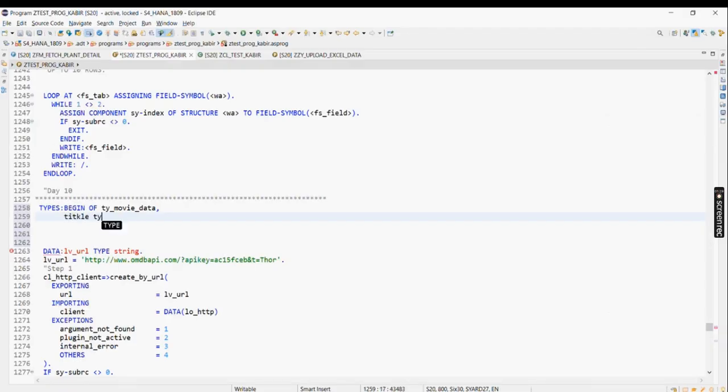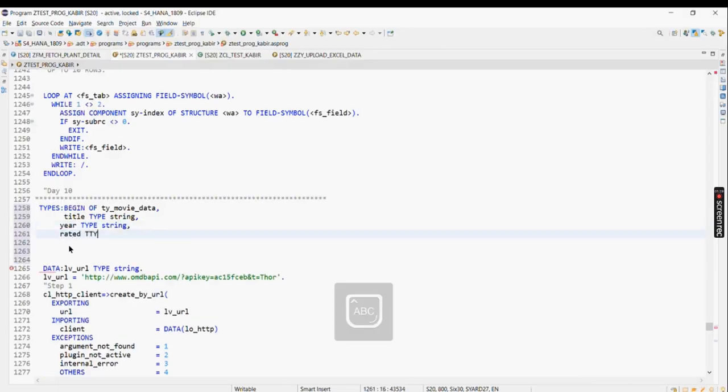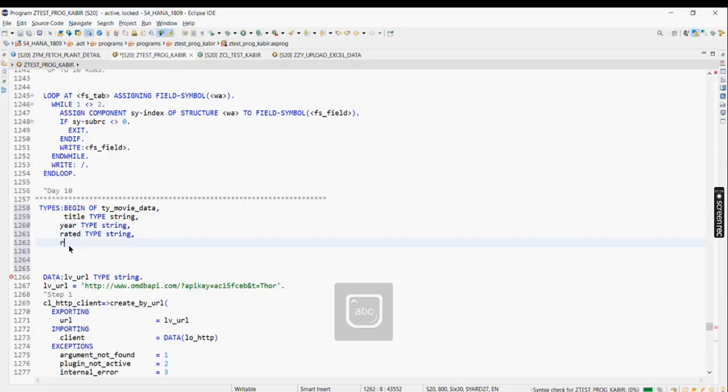So title, type, all the type will be string, right? Title, year, type string, rated type string, type string,